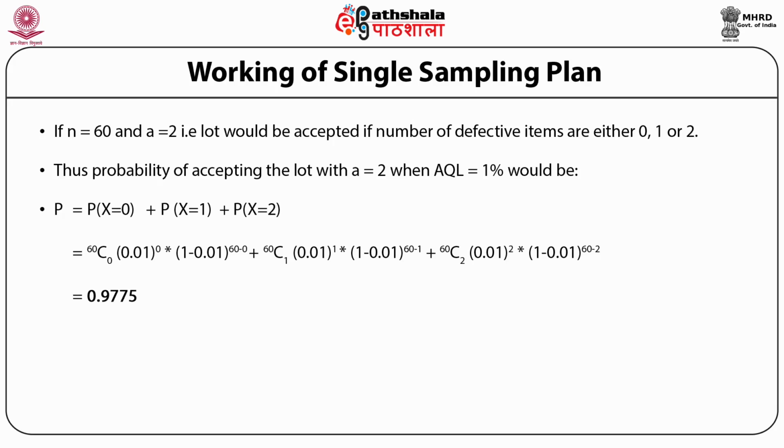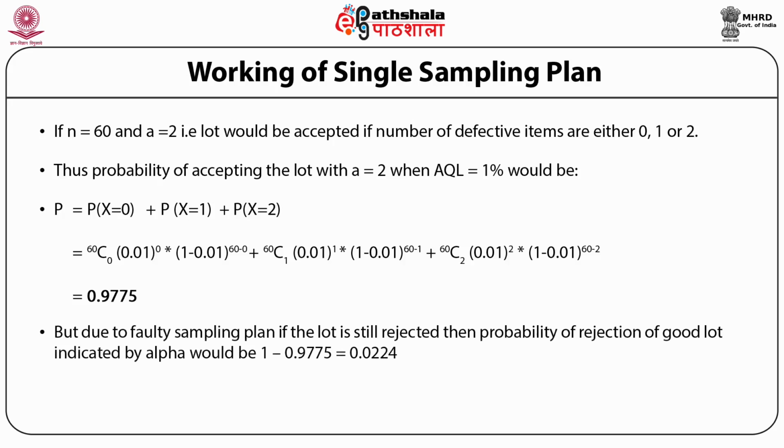Putting the values in the formula, it comes to be 0.9775. But due to a faulty sampling plan, if the lot is still rejected, then the probability of rejection of a good lot, indicated by alpha, would be 1 minus 0.9775 equals